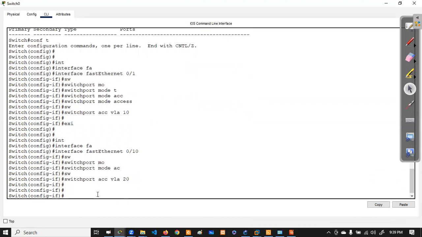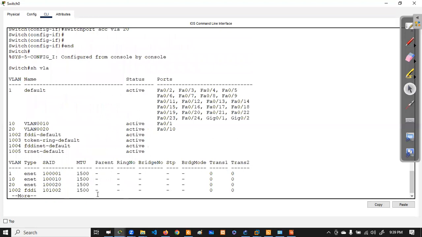Now you can see, right? And show VLAN. Can you see here? The first port is shifted to this VLAN. This is in VLAN 20, the 10th port. So you cannot see this port now in this one. It is shifted here. The rest of the ports are in the default VLAN, VLAN 1. The ports 1 and 10 are shifted to these VLANs. Here, 1 is not here, 10 also not here.